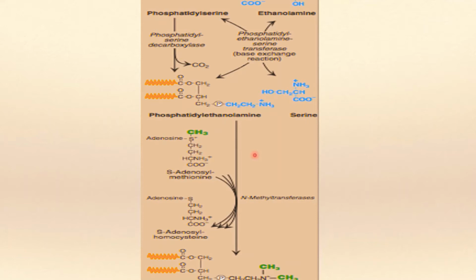But economically for the cell, this is a little bit expensive because we will require lots of other ingredients like S-adenosyl methionine. Methionine will be the requirement. Folic acid and vitamin B12 will also be utilized in this reaction. But this is also one of the ways of formation of lecithin. Now we next consider